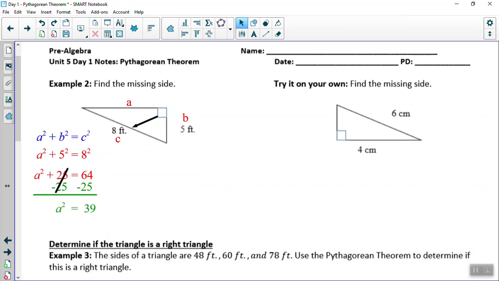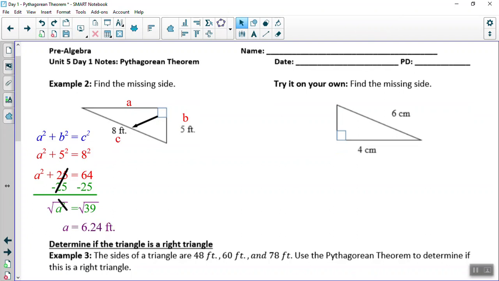I want to figure out what the actual value of A is, though. So to do that, we're going to find the square root of both sides. I'm going to take the square root of A squared and the square root of 39. Remember, taking the square root of a square means we're just canceling those out. So we're left with A is equal to